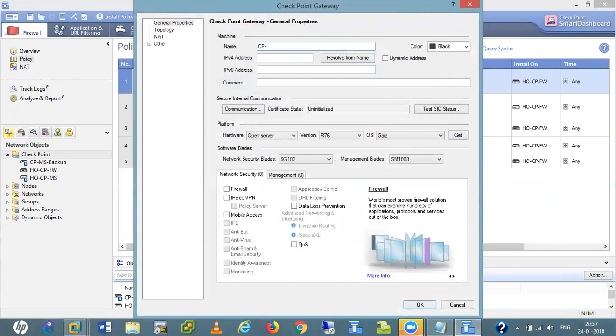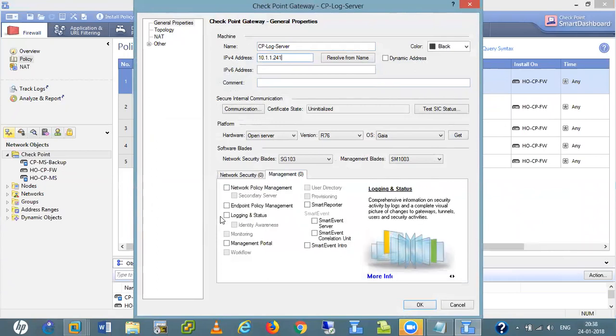Generally, I prefer this one only. Check log server. Here I give the IP address 10.1.1.241. See, in the management tab, I select only logging and status. Logging and status, that's it.